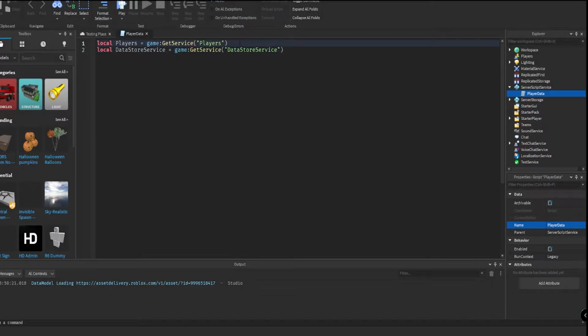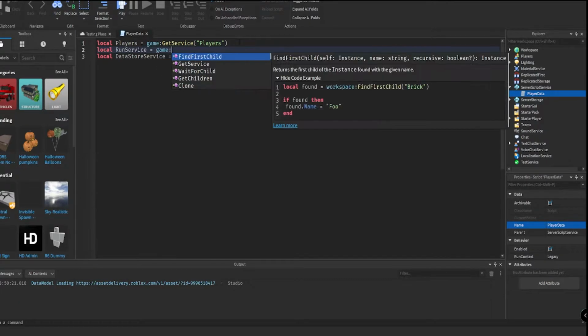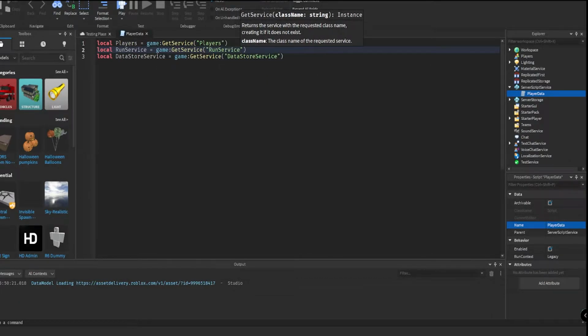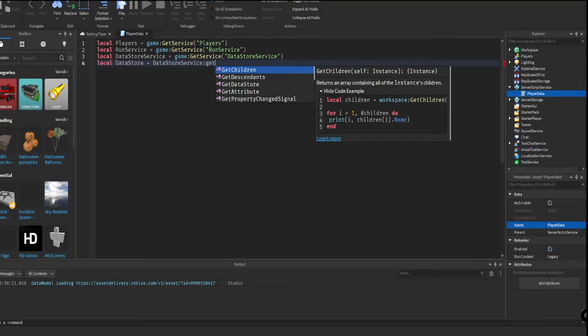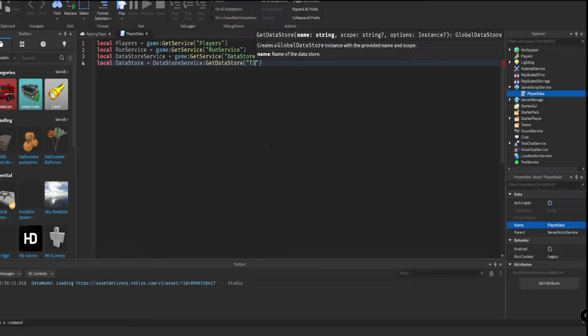We also have to get a run service, and we'll need that for later. And then we also have to get the Datastore from the Datastore service, so we need to do get Datastore, and we could call this game, or you can call this test, or you could do official if you really want. I want to be using test,